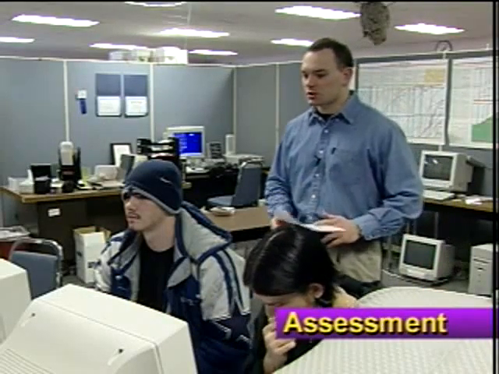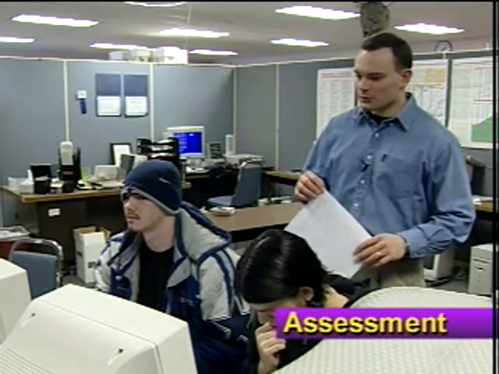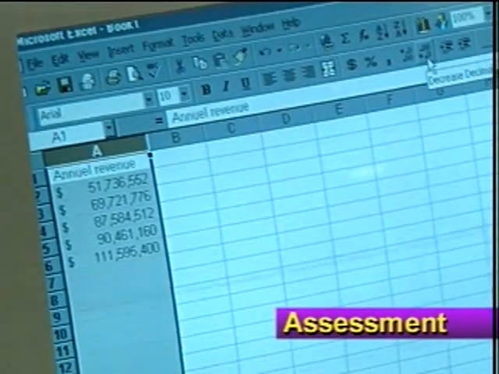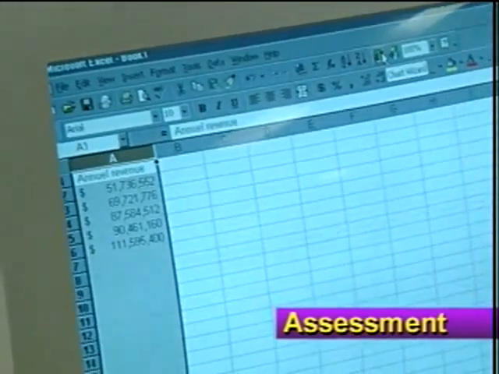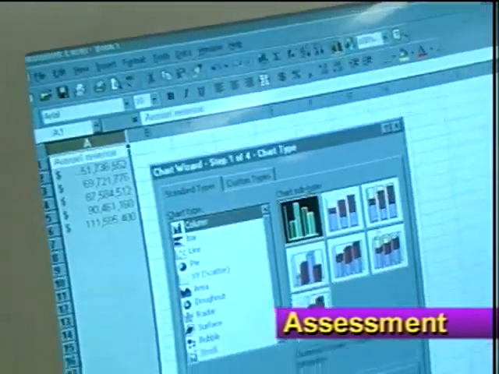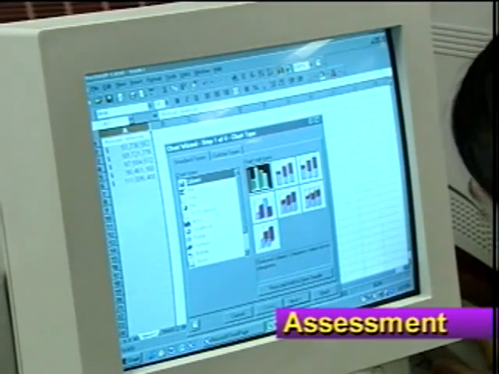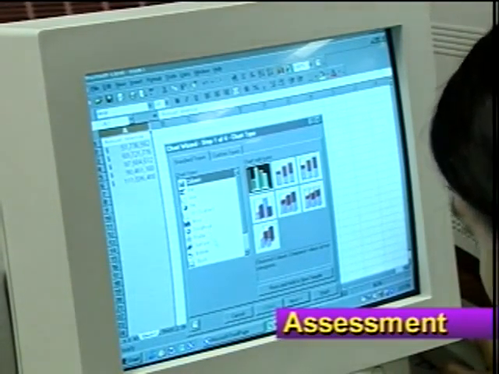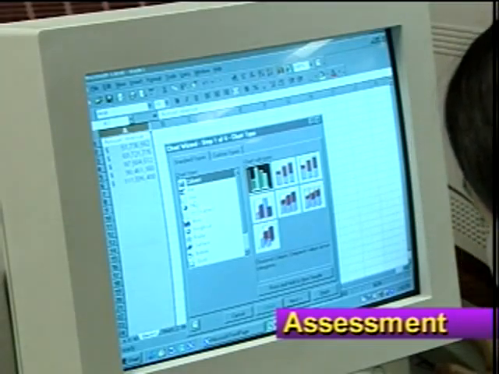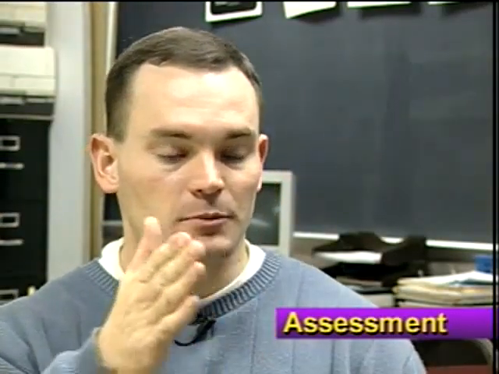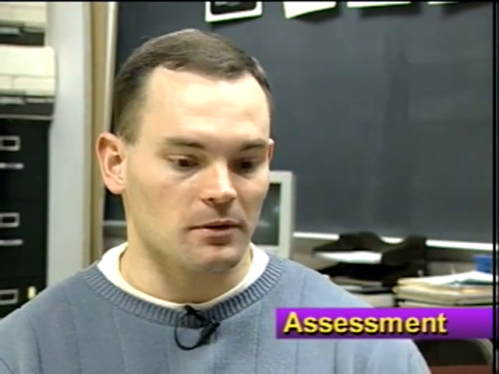We do have an assessment rubric, but the main method of assessment is their website. For example, students will keep track of different data for their corporation, for example, revenue, net profit, and so on, and then they create a graph using Microsoft Excel, and they paste that into their web page, and they have to explain that chart in detail. So for example, a revenue chart, they would have to explain what revenue means, why their graph looks the way it does. If it goes up, explain year by year why that graph continued to go up, or if it dropped a certain year, why did your revenue drop.